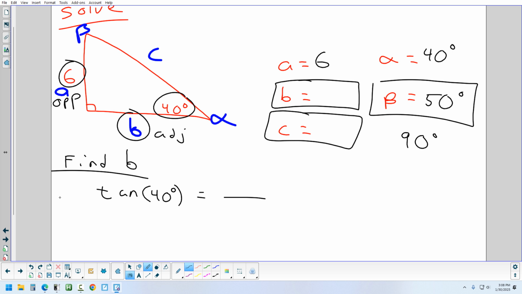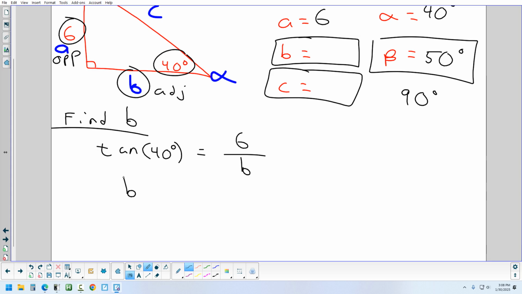Yeah. Joe. 6 over B. Yep, 6 over b. And remember the trick I showed you in class, when you end up with the variable at the bottom, you just switch the b and the tangent 40, and that gets it by itself. So b,